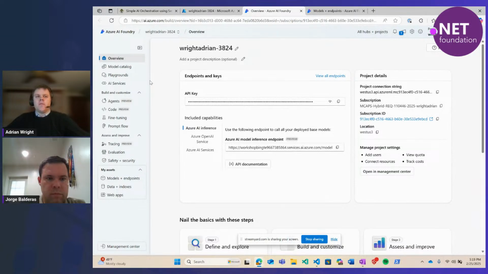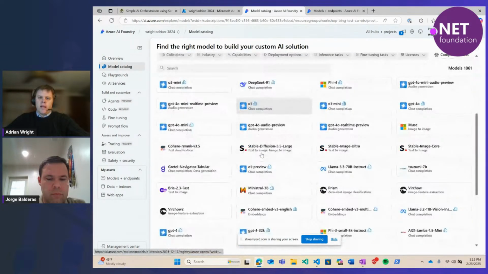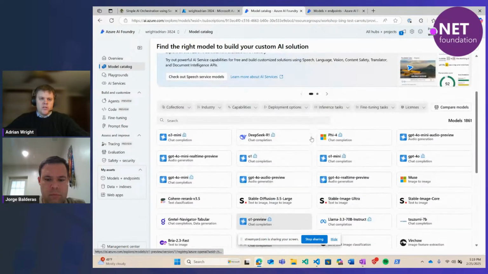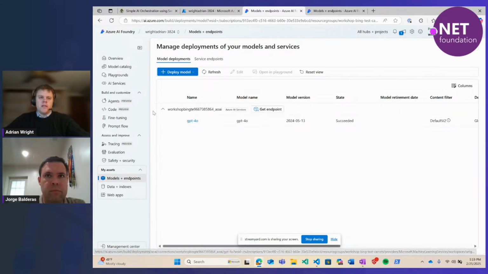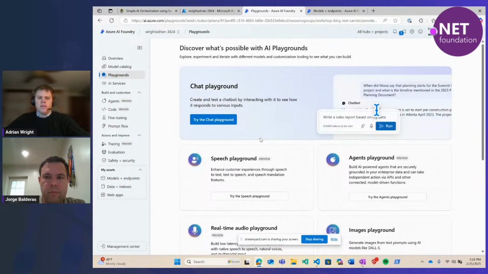And as Jorge said, this is where you can deploy LLM models. There are many models that you can choose from, OpenAI or Meta's models or DeepSeek. I have an OpenAI GPT-4o model deployed that we'll be using for this demo. And you can play with different chatbots.